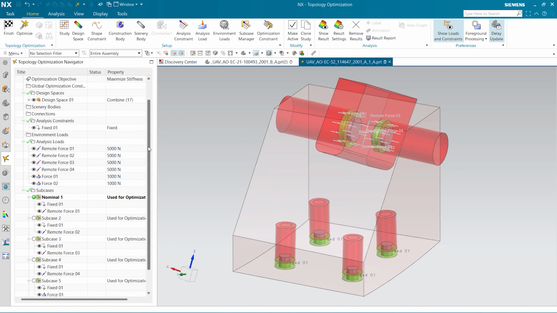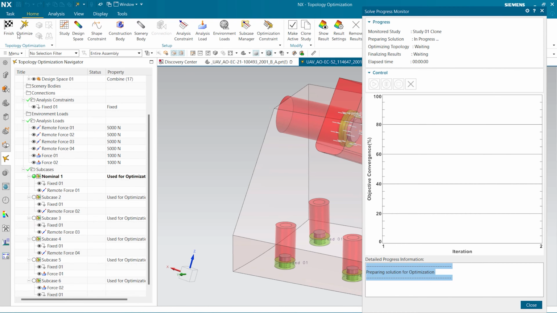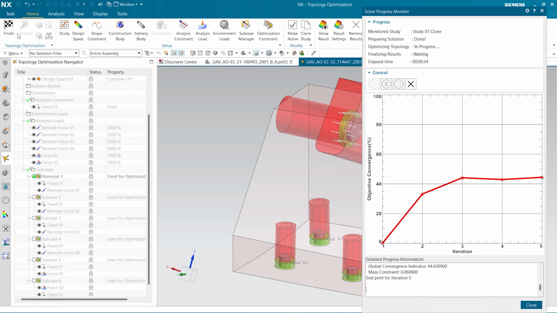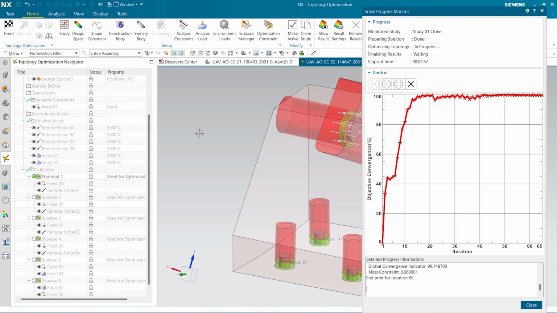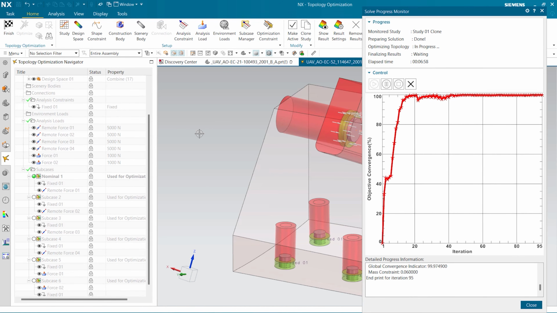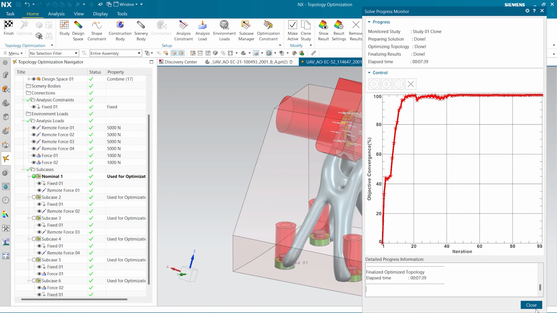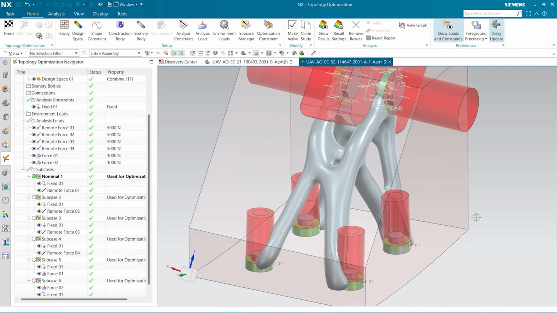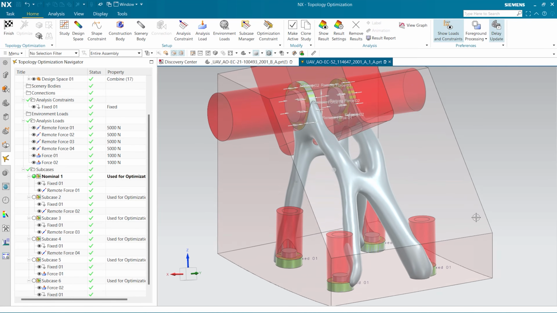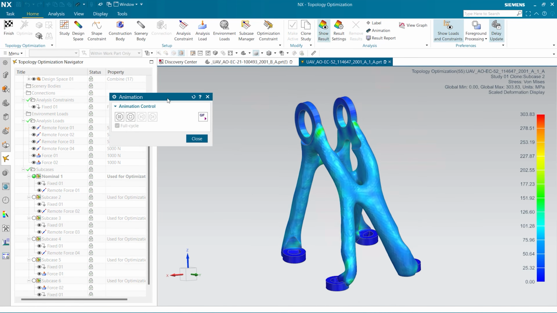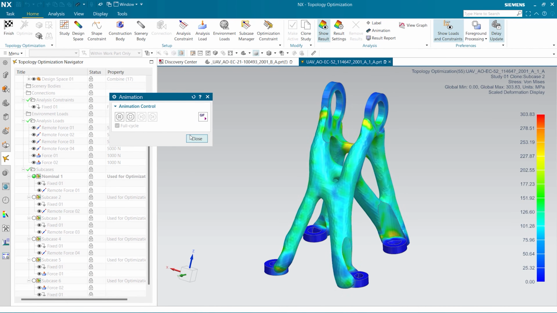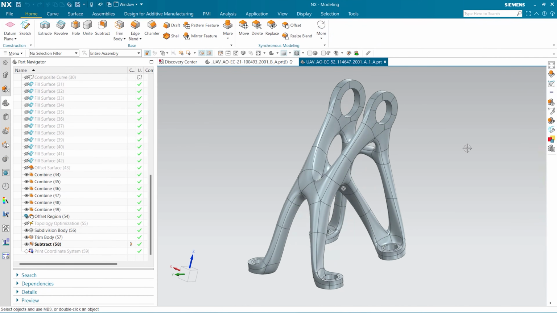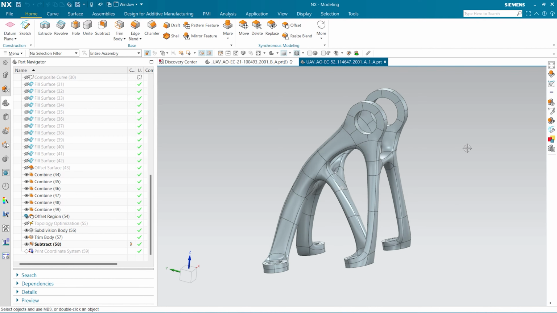Once the study has been correctly set up, the optimization run automatically converges in a couple of minutes to an optimized and highly smooth 3D shape, ready to be exported to a 3D printer if needed. The result of this run is a 50% lighter optimized part for additive manufacturing, which can be validated or redesigned properly with Realize Shape, the subdivision modeling application of NX.